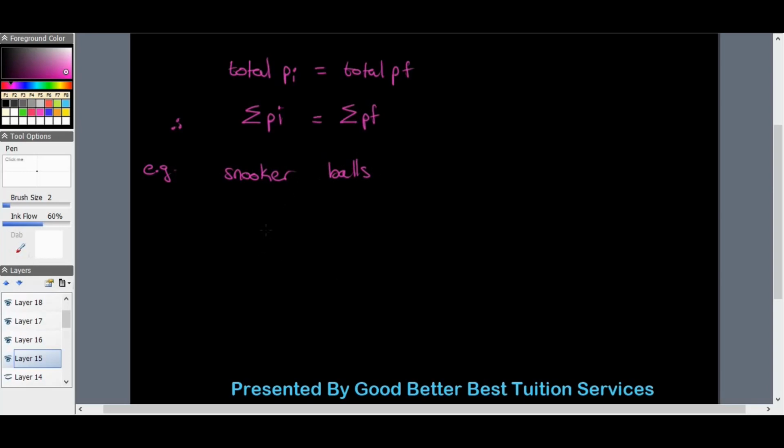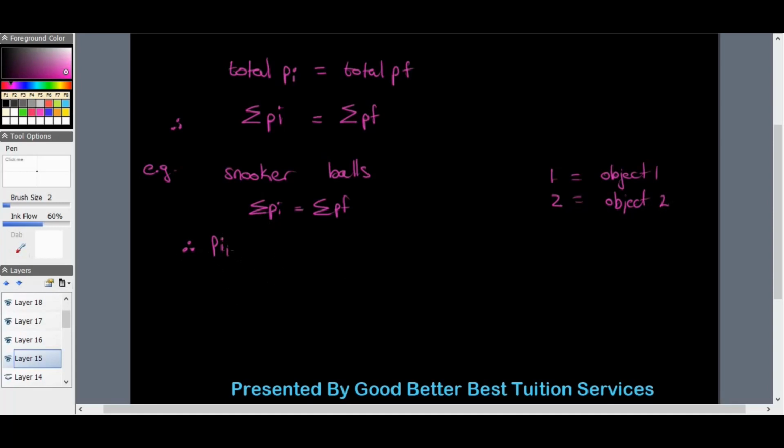So we have our formula for the snooker ball. So total PI equals total PF, which means I'm obviously going to have two different snooker balls here. So this would be object 1 or ball 1. And number 2 would be object 2 or ball 2, meaning that therefore if I expand this formula I will have